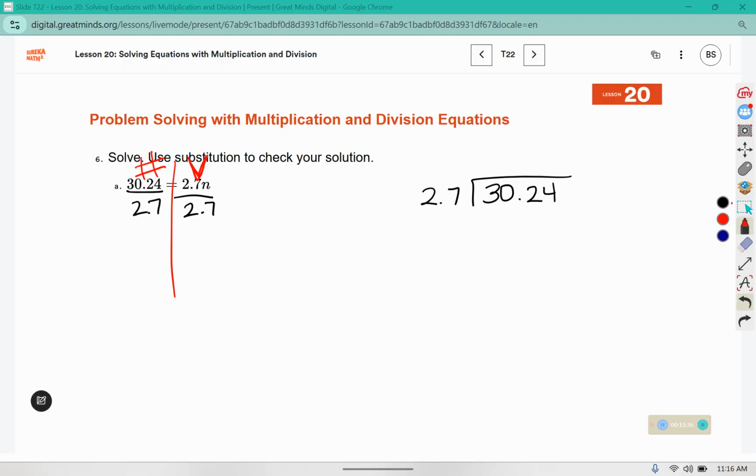Remember, there's a little trick that we can use. If we move the decimal once here, we can move the decimal once here as well to turn this into a whole number divisor. So now I have 27